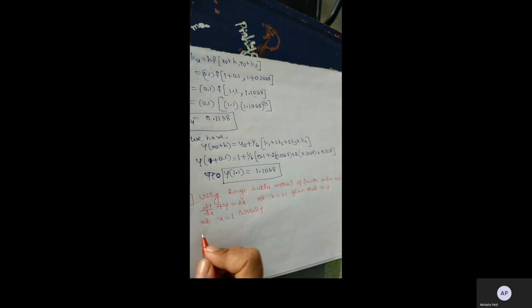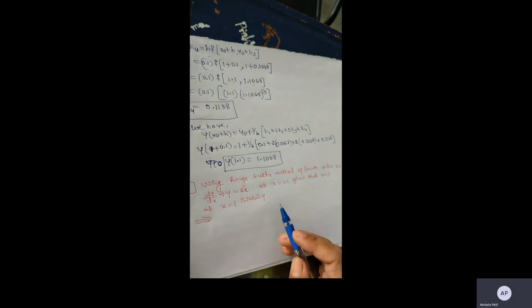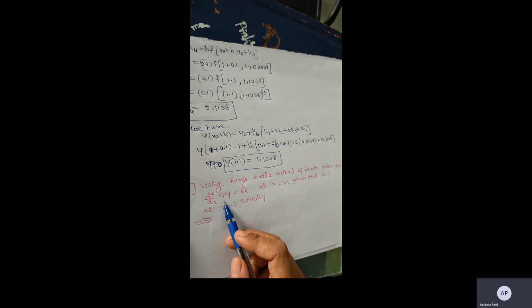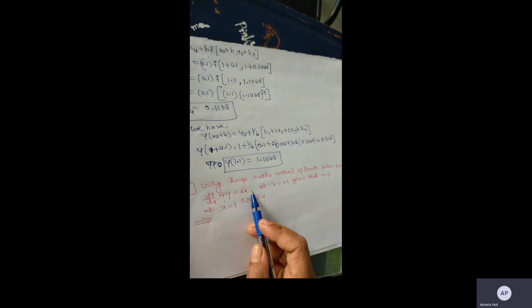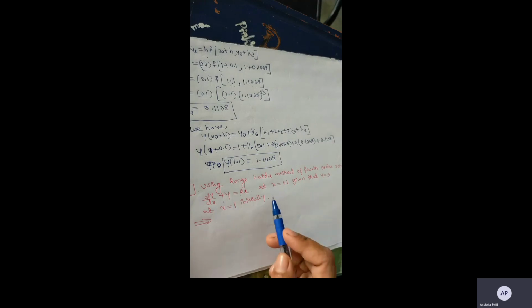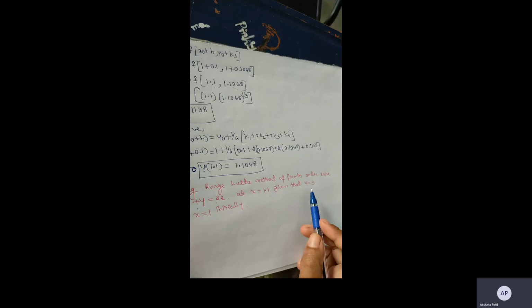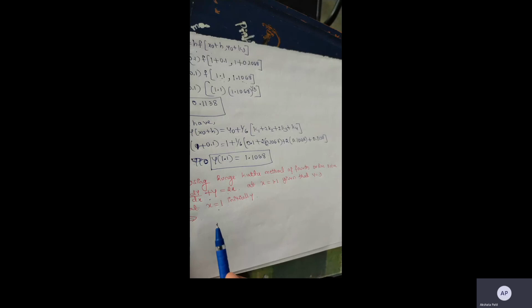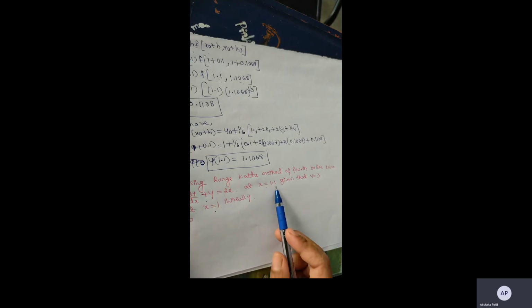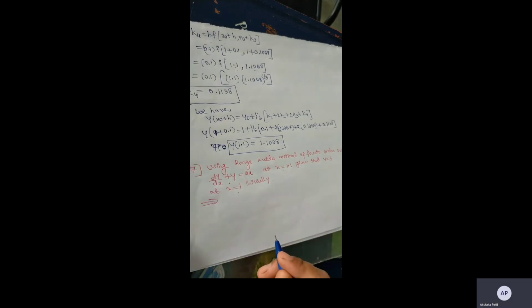Now, just read this question. In this question, they have given a differential equation. So actually it is not in the form of dy by dx equals the function of x comma y. So rewrite this given differential equation. Okay, and here they have given the initial conditions, that is y0 value is 3 and x0 is 1, and they are asking to calculate y at x equals 1.1 by using the Runge-Kutta method of fourth order. Okay, so let us start to solve this example.